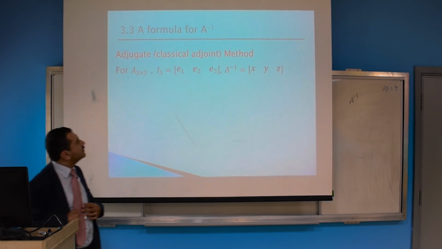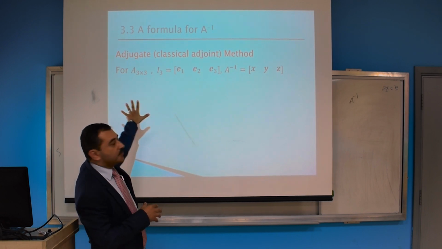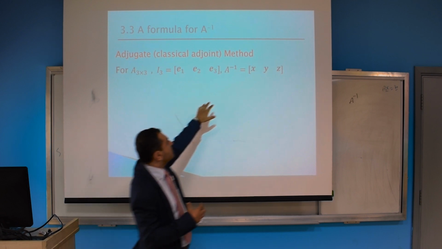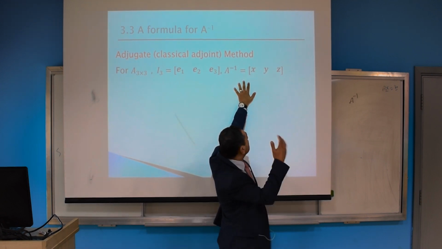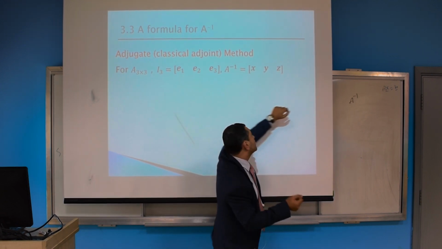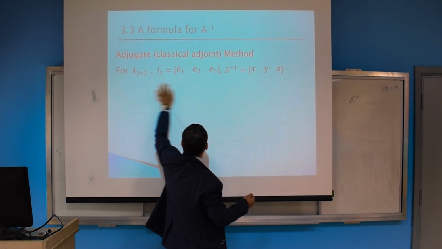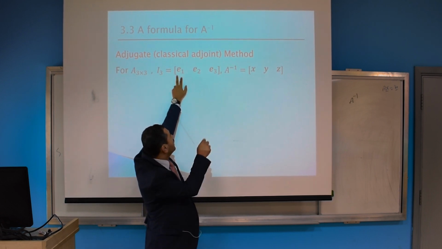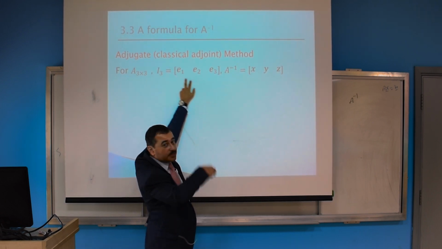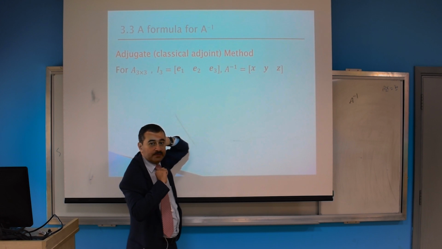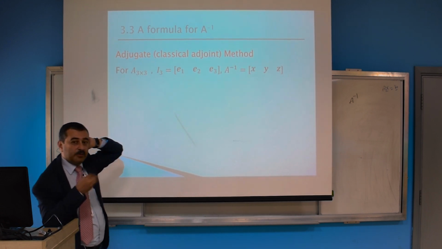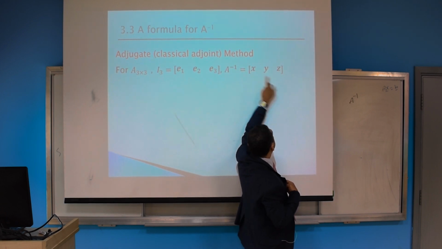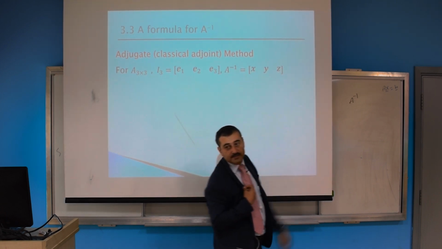Okay. So assume that A is a 3 by 3 matrix. I want to find the inverse of A. I write it in columns X, Y, and Z, such that when you multiply A by the inverse of A, you will get the identity. And I write the identity as columns E1, E2, E3 as before. Okay? Now I'm going to find a way to find these. What is X? The first column of the inverse, then Y, and Z.